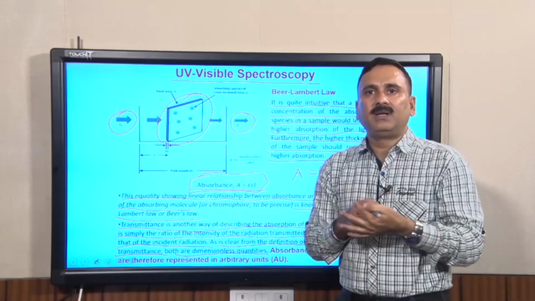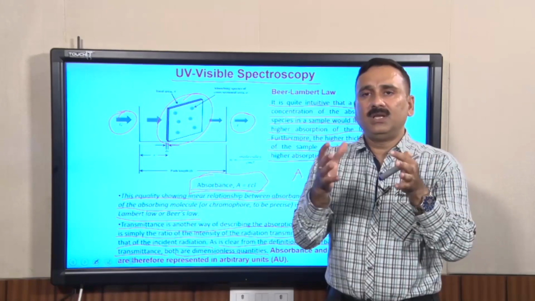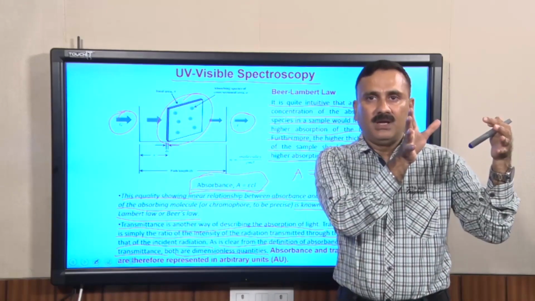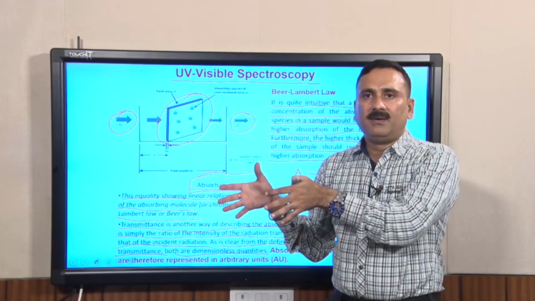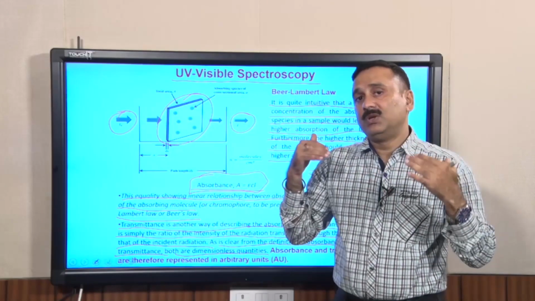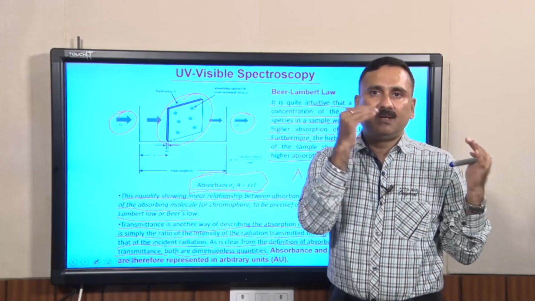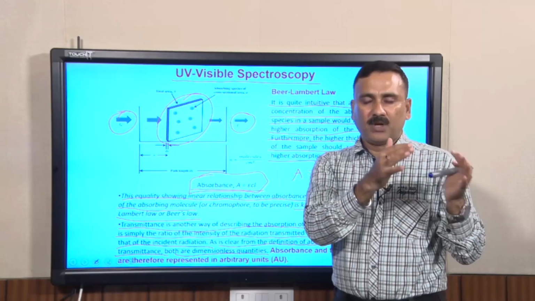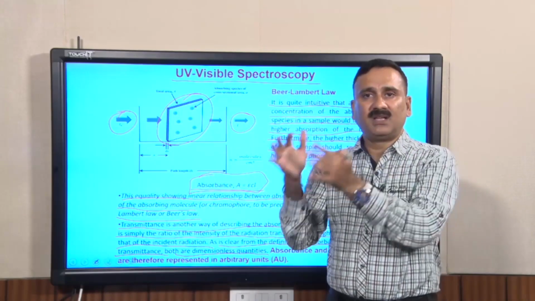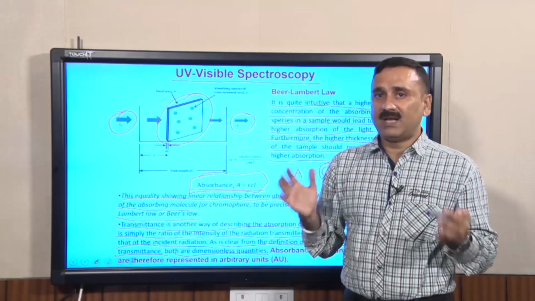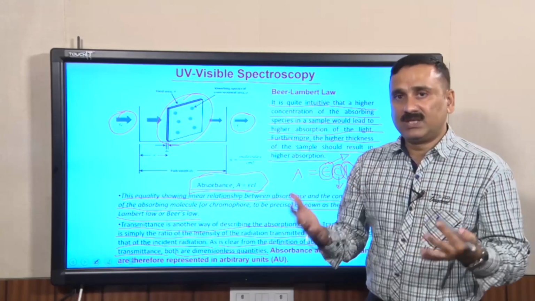But in both cases you are actually comparing the initial value with the final value, and that is how it is a ratio. That is why either absorption, absorbance or transmittance does not have any dimensions or any unit,